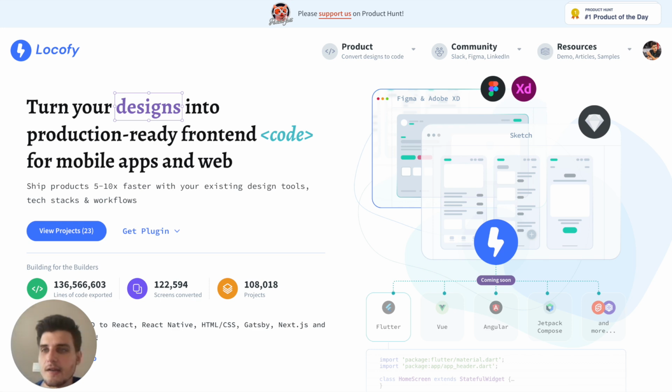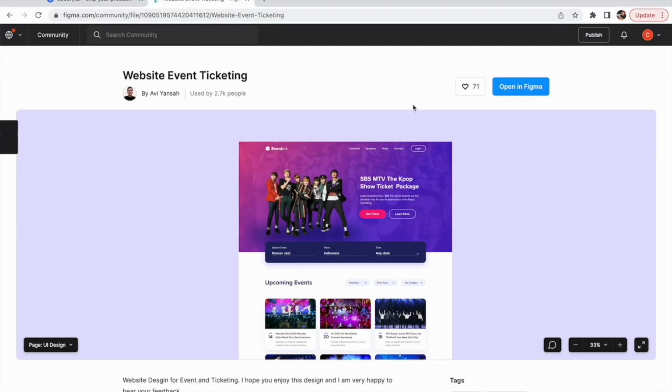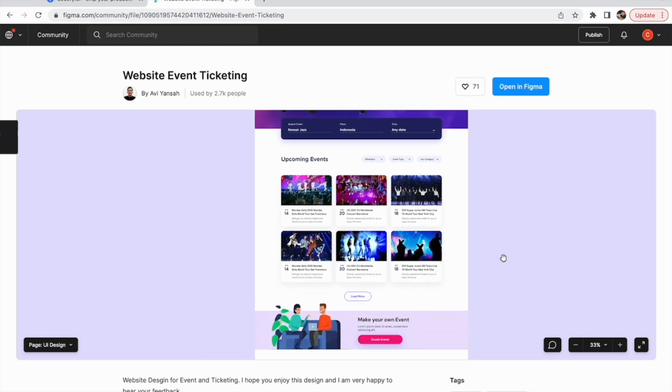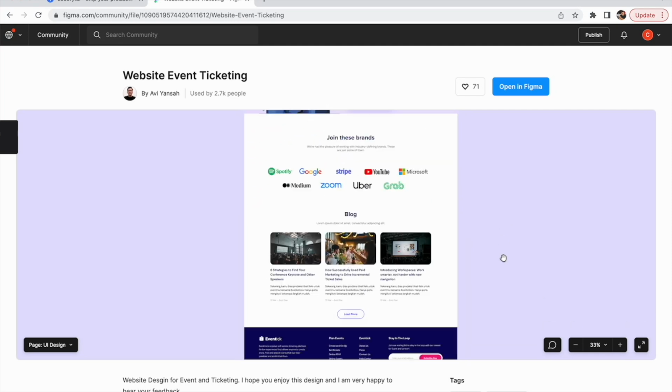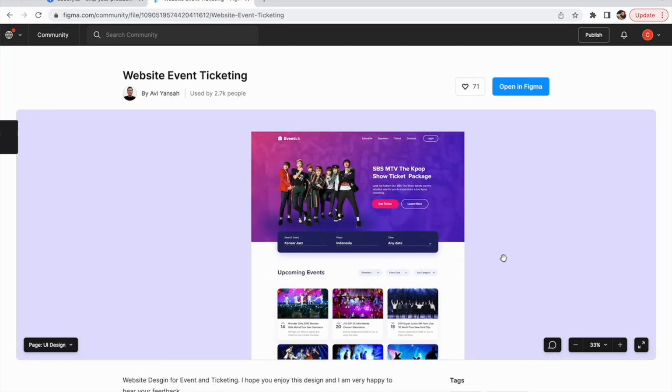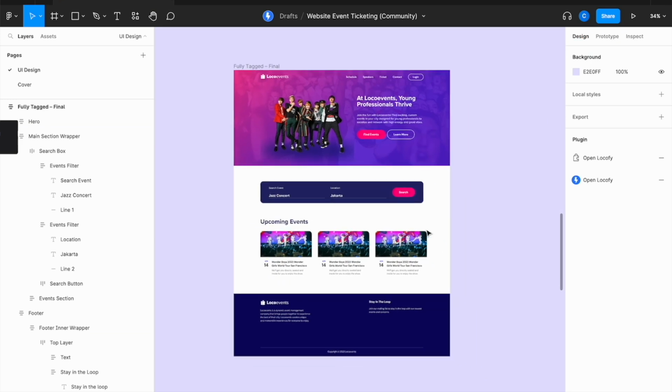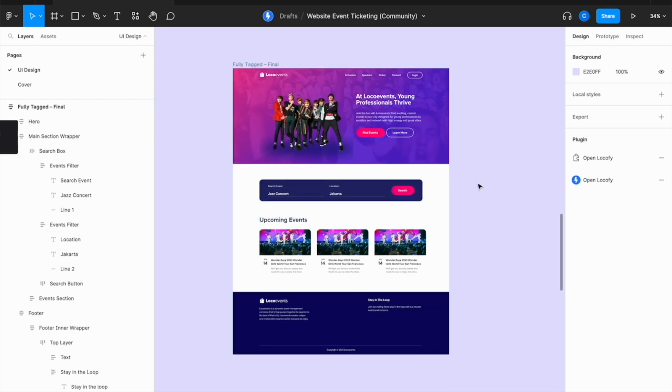So let's get started. For this project, I picked a template from the Figma community designed by Avi Jansa. It's just a simple events website, and we can make our adjustments to use this for our purposes. Let me jump over into Figma here. What I've done here is I've removed some of the elements. I've made some small adjustments to the text, the layout and the design to fit our project a